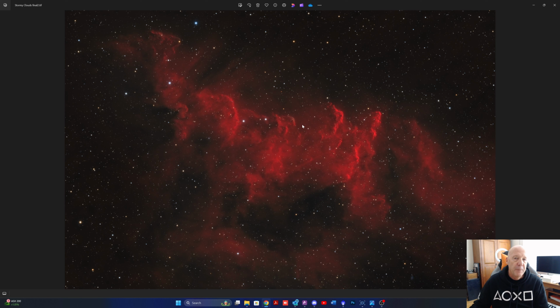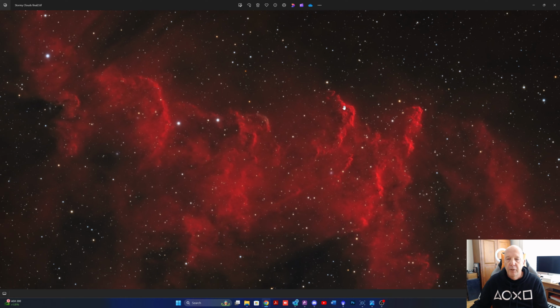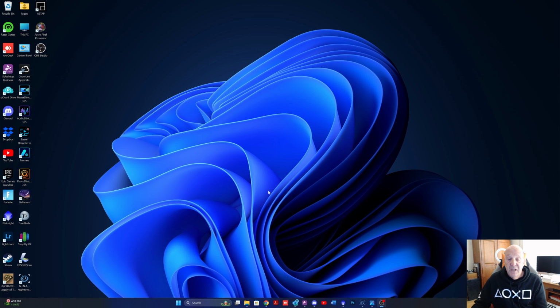You know, not the most amazing image in the world, but I quite liked it, and it just had that very sort of storm cloud look, like it was rolling in. Okay, for the next image, we're off to Spain, because I'm using the rig in southern Spain, and not sort